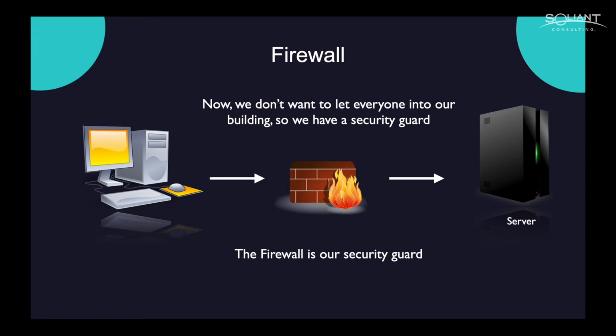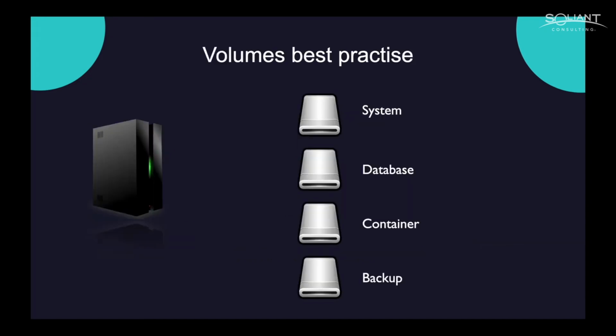Now let's talk a little bit about volume best practice. So when you have the server, by default, everything goes onto the system drive. Now what happens if your server goes down with the system drive? Well, you lose all your content. Hopefully you have done some backups that is not on the system drive, so you can recreate. But if we should do the best practice, we should actually have 4 volumes or 4 disks, one for the system,